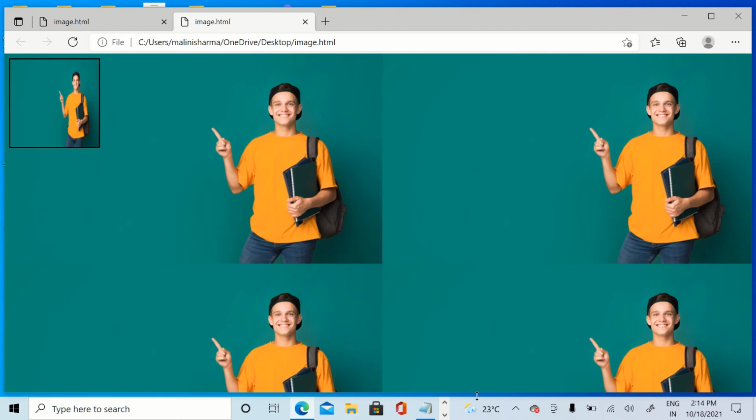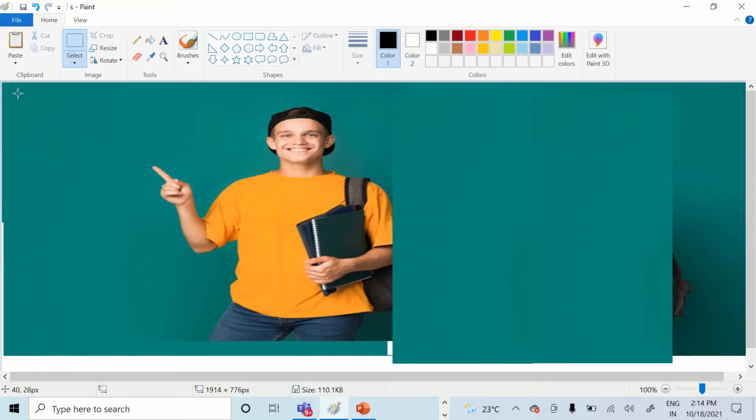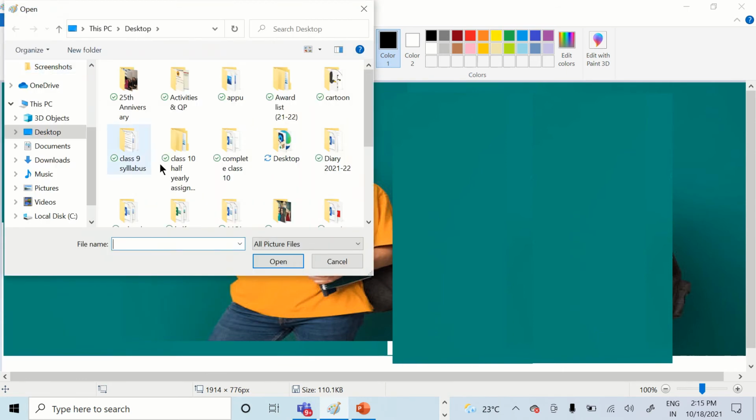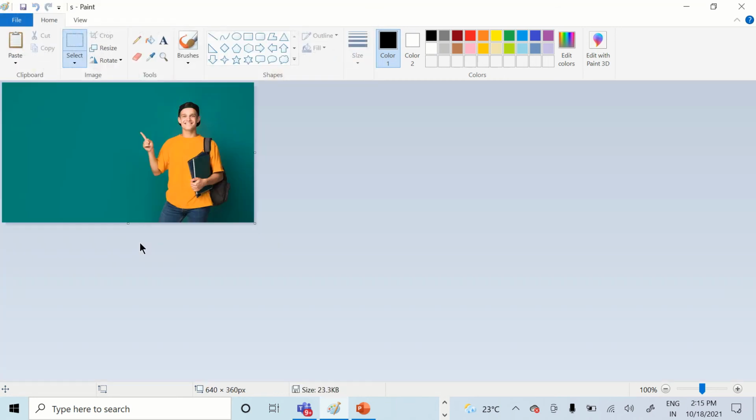But if we want to resize it, then we have to go to Paintbrush. We have to open the file: File, Open, s.jpg. This is the actual size of the file. First we have to increase the canvas size like this.